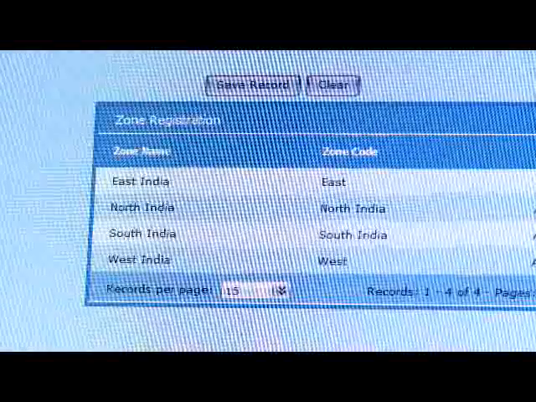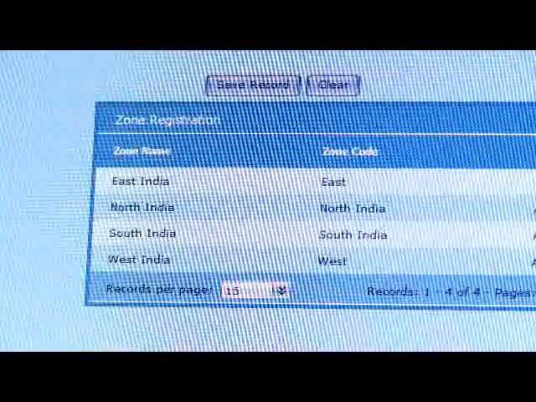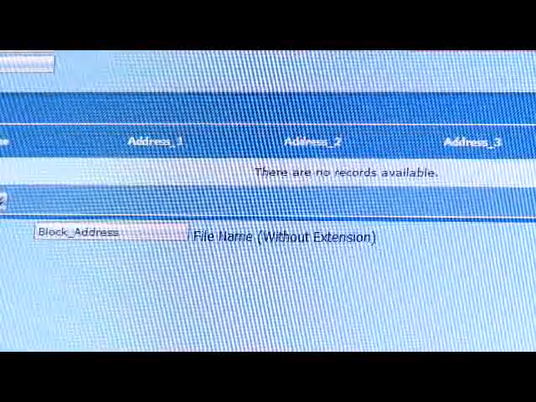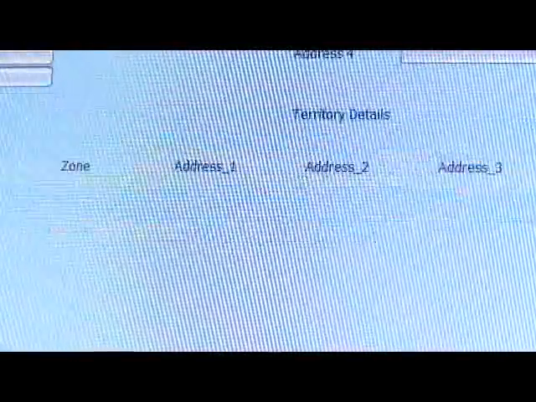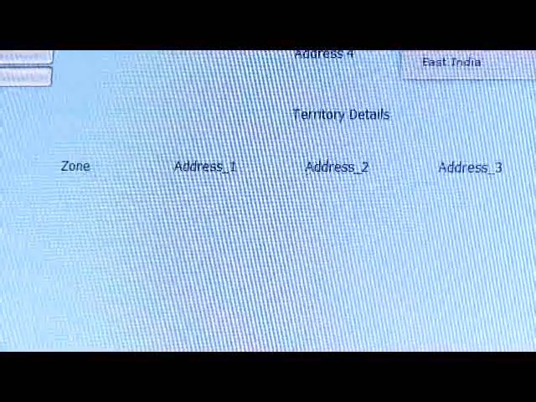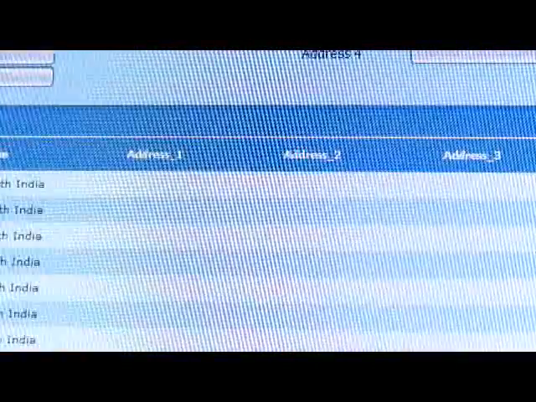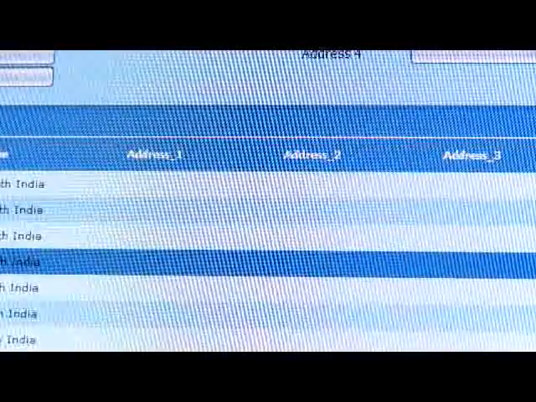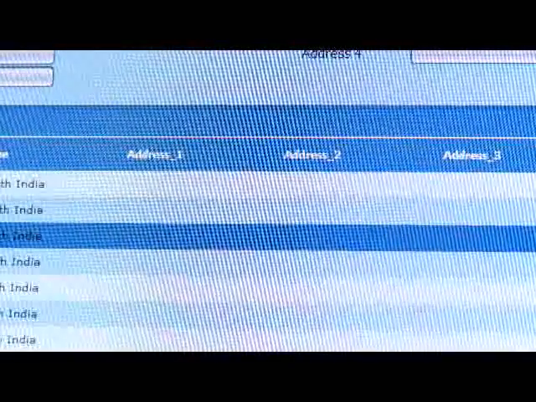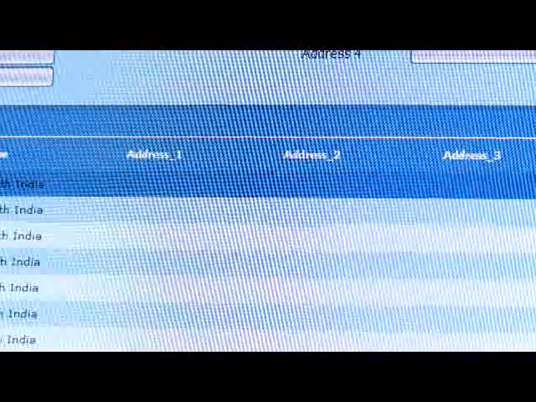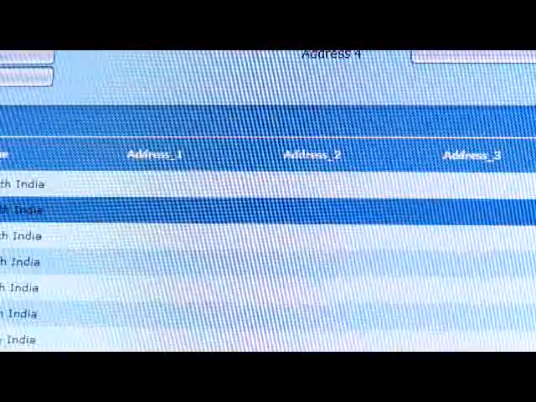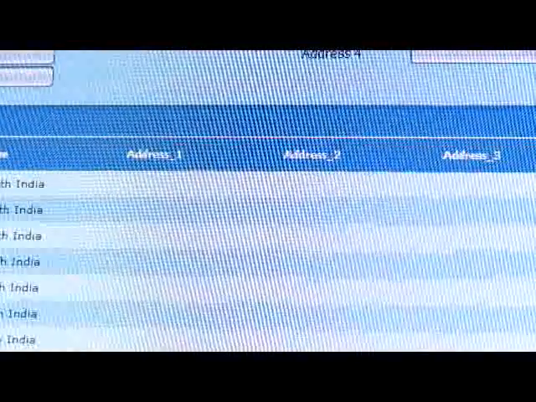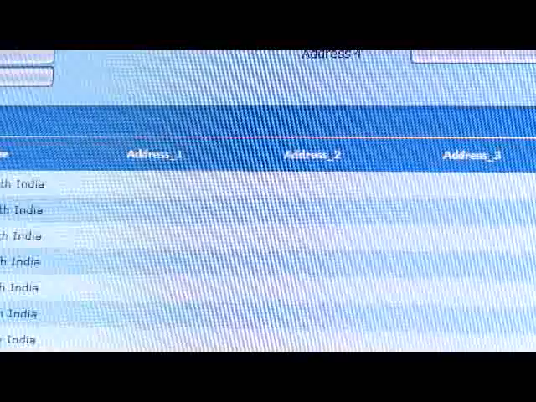Under different zones, I'll have subzones. Now suppose I select the company here. Suppose I select a zone of North India, I can further give in North India different zones like Gurgaon, Delhi, Noida, Lucknow, and so on and so forth. Under this, I can allot different vehicles to Gurgaon, Delhi, or Noida, or multiple by going into the next section, wherein I am going to manage assets.